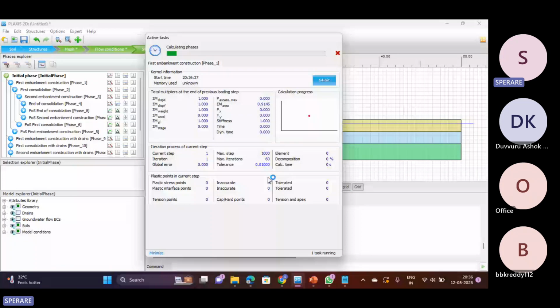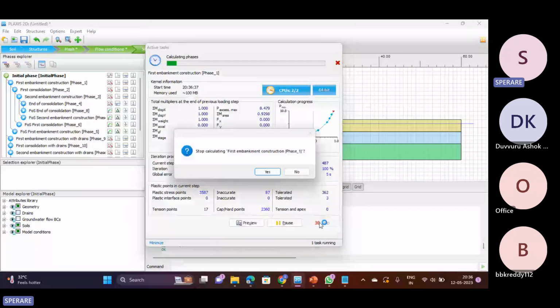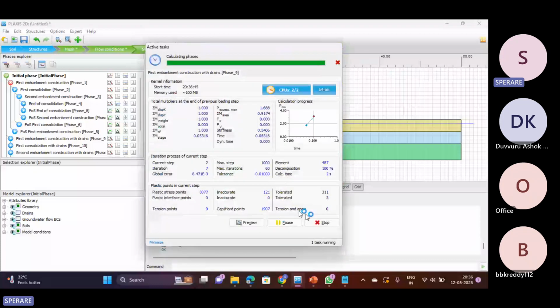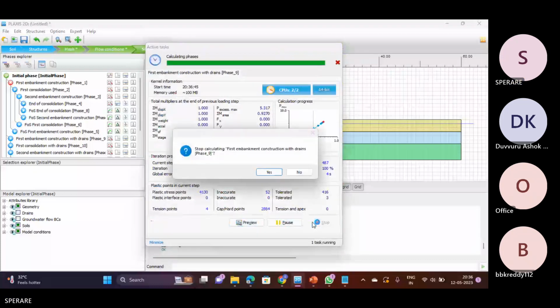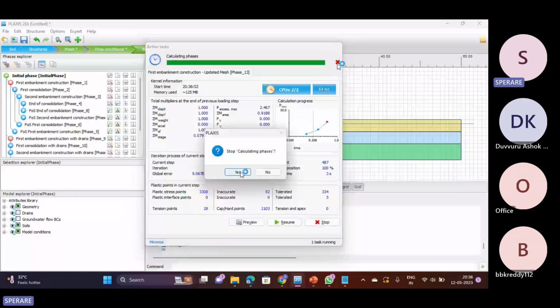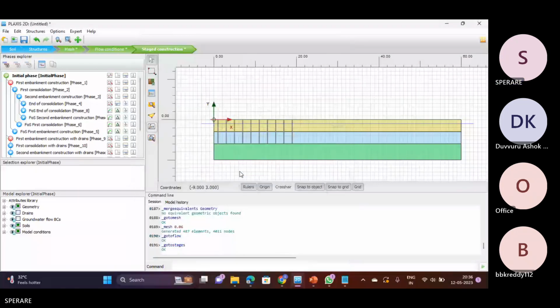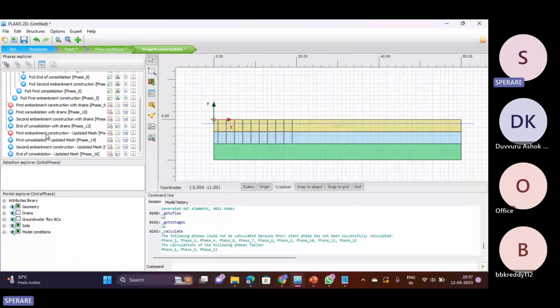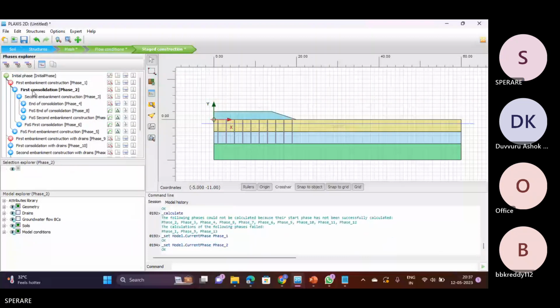Okay, fine. Anyways, just before going into the results, I would like to make you comfortable over here as well. Oh my God, it has stopped calculating the figures. Okay, so what I can do,